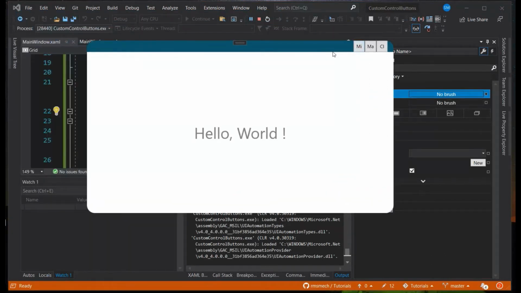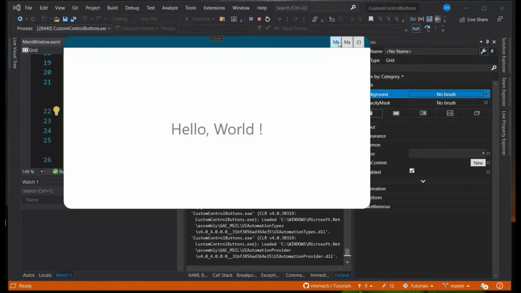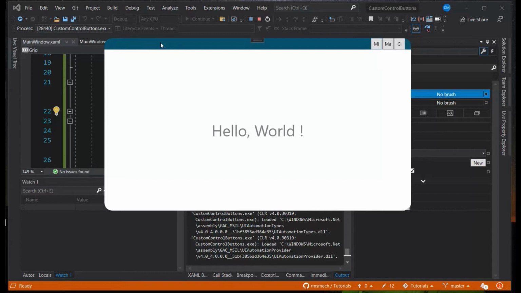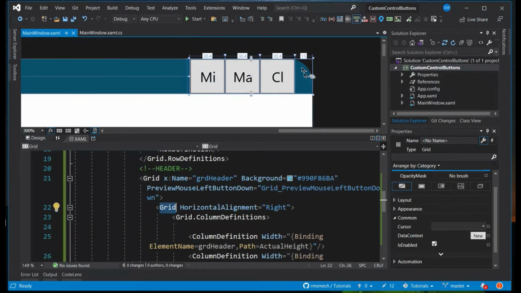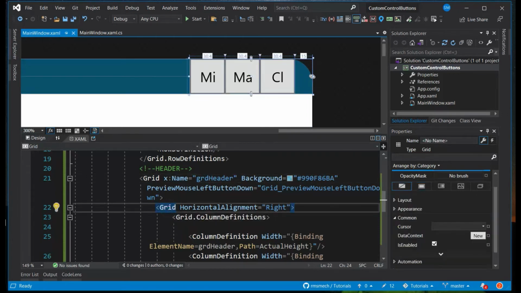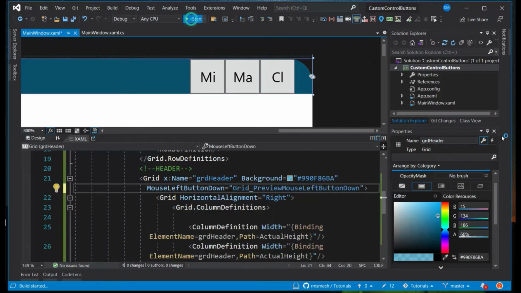If you pay close attention, we have our grid in the bottom, and the grid has the PreviewMouseLeftButtonDown event activated. When you add preview, it means that before any other event starts or activates, it will give priority to that preview mouse button down. I think I explained this before. And our control box is now present inside that grid. So if we go here, the grid header, and then your control box is present inside the grid header. So before it activates any other events inside your content, it gives preference to that preview mouse button. Now if you make it MouseLeftButtonDown and see,